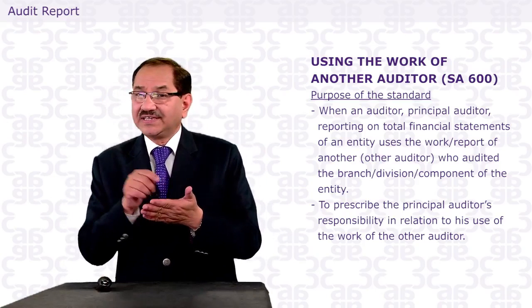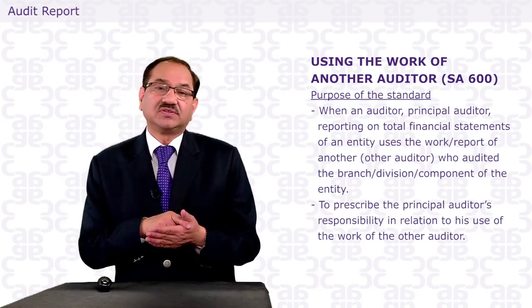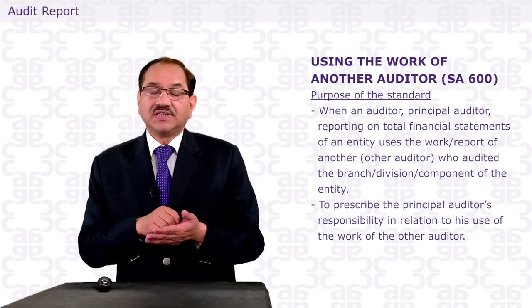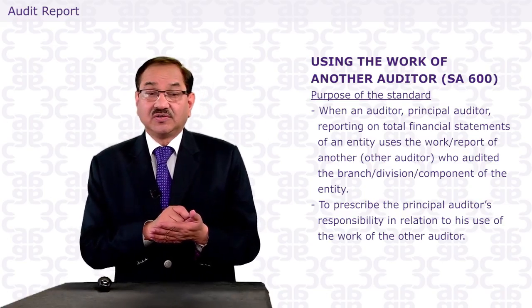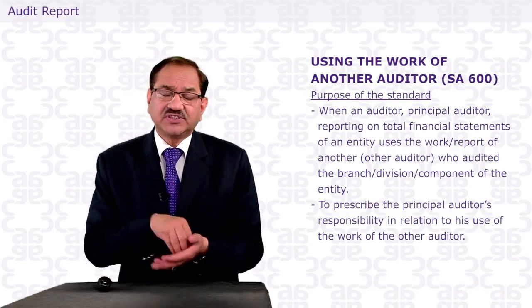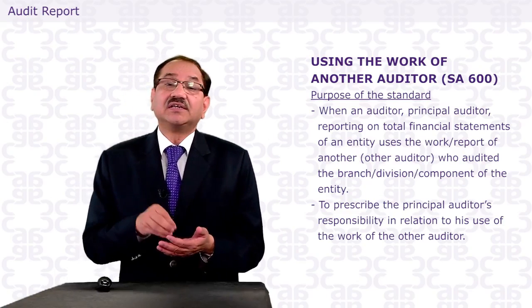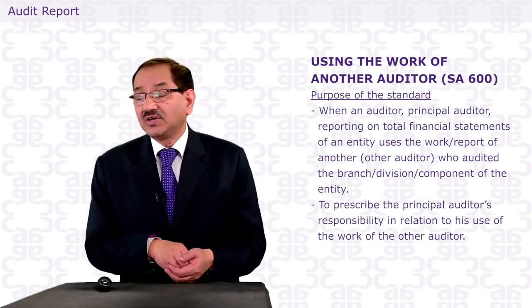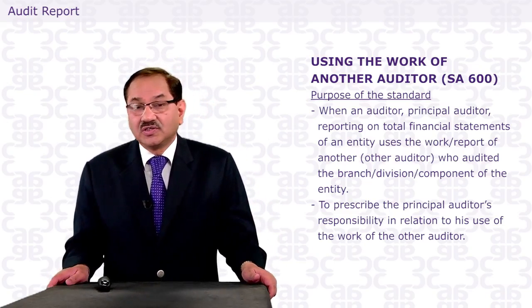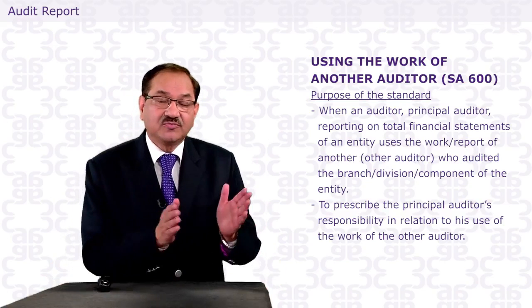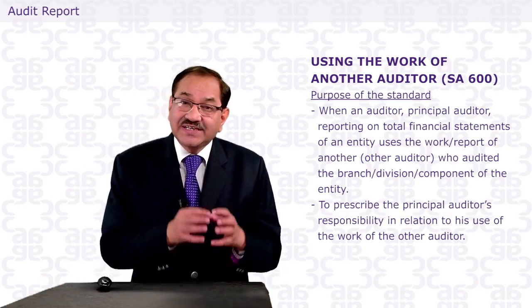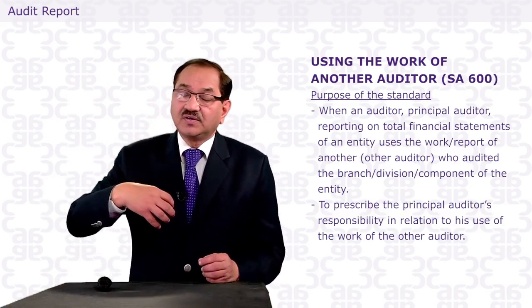When he reads the branch auditor's reports from X branch, then he will write who the auditor is. Is there any qualification in the audit reports? Is there any emphasis of matter there? Are there any disclaimers or the like? Or is there any other matter also there? You will see those reports and note it down in working papers. Why does he note it down? Whether it affects his overall opinion or not.